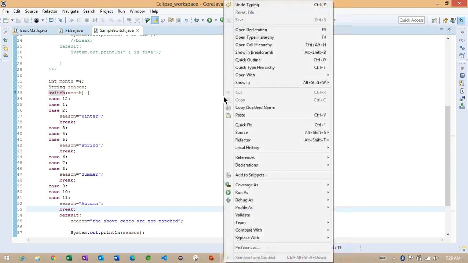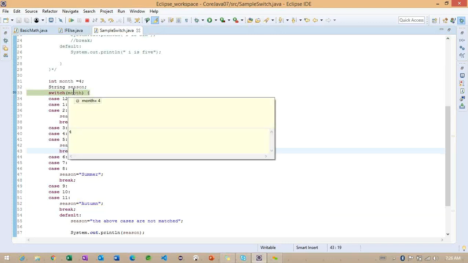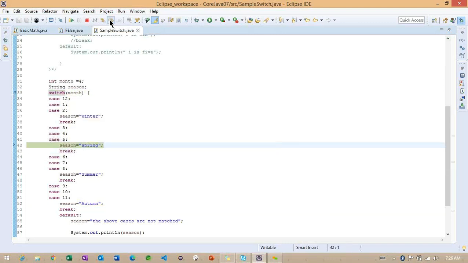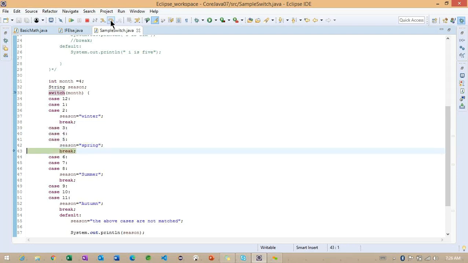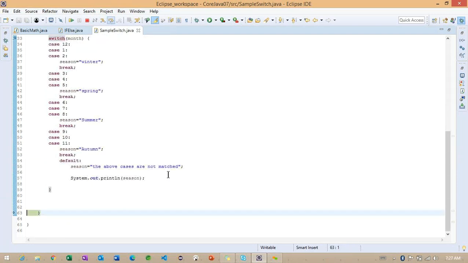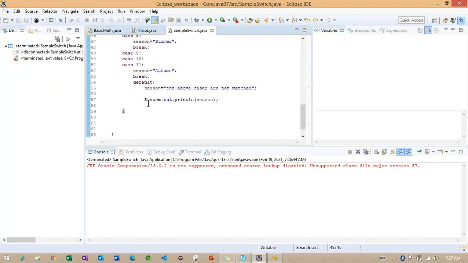Right. So this is also one more option to make our case here. You can check the month we are getting 4 here. So directly where it is going here, because inside this particular case we are getting the 4 here. So that's the reason it's going back to here and we are breaking the statement. Let me check the season is printing or not. Okay, it is not printing.